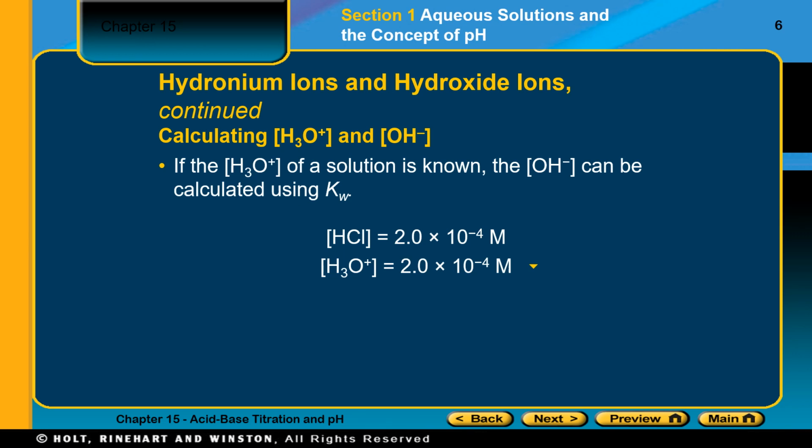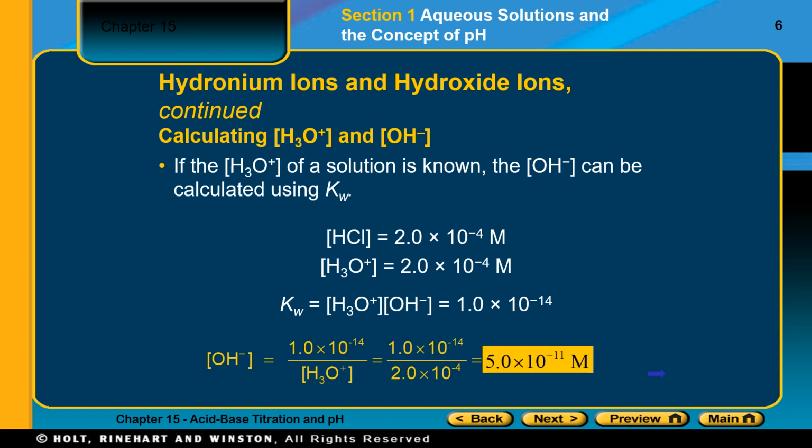And if we were to write out the ionization of HCl, we would realize that for every one HCl, I'm getting one hydronium ion and one chloride ion. So they're all in a 1 to 1 ratio. So whatever the concentration of HCl is, the hydronium ion concentration is the same. So it'll be 1.0 times 10 to the minus 4 molar. So putting it into our basic equation again, where Kw is equal to 1.0 times 10 to the minus 14,